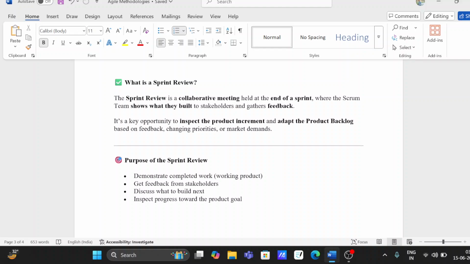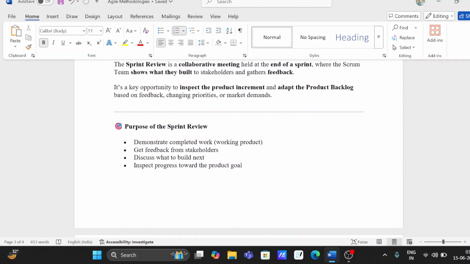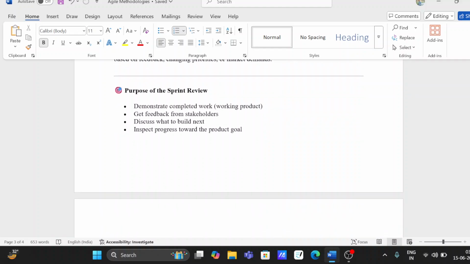Okay, now you can simply deploy it in production and use it. So what is the purpose of a sprint review? Demonstrate completed work, get feedback from stakeholders, discuss what to build next, inspect progress towards the product goal. Everything is discussed. Whatever project you build, whatever features you completed, there might be some feedback